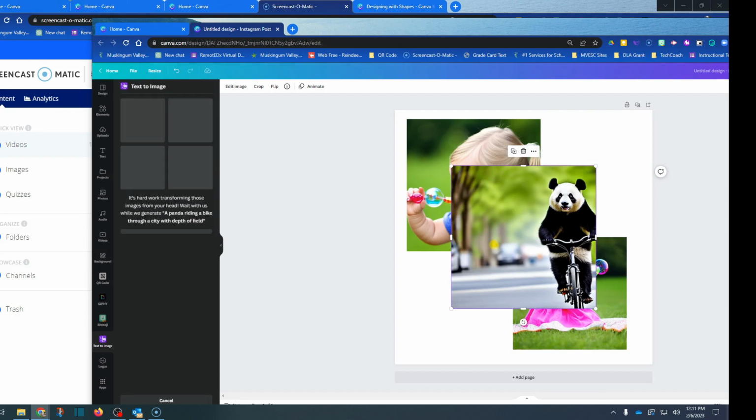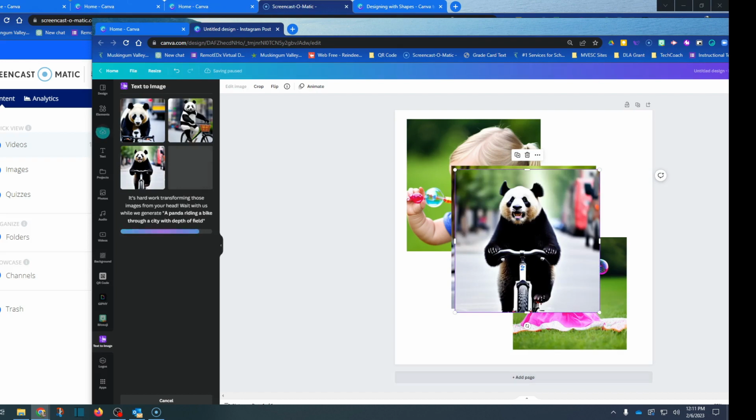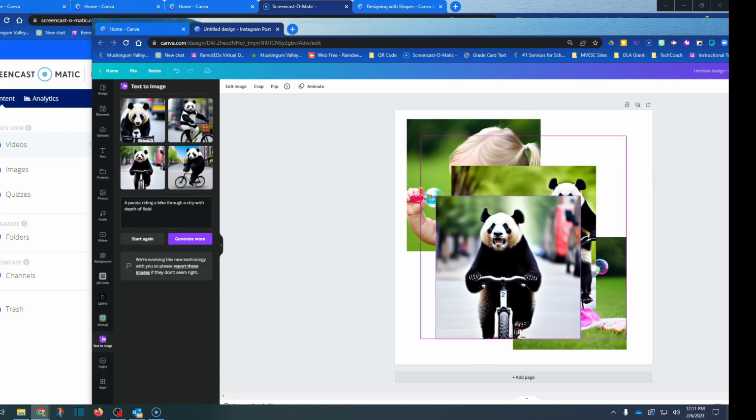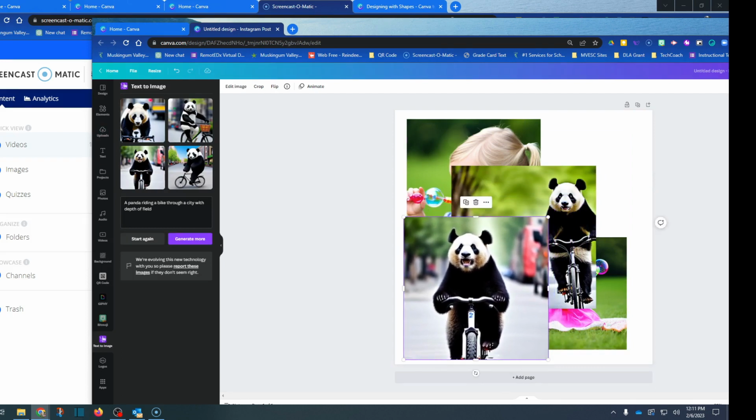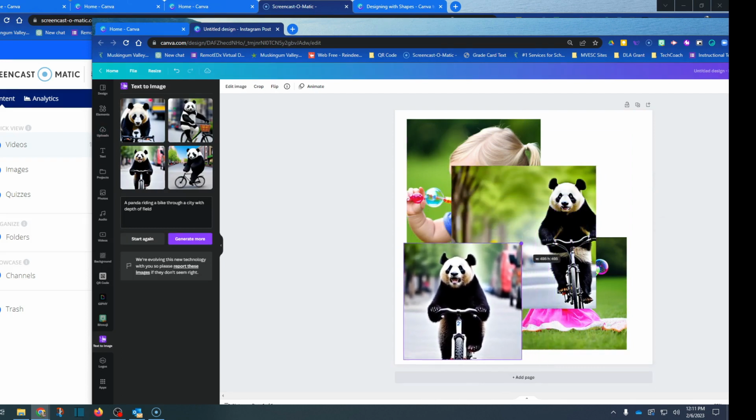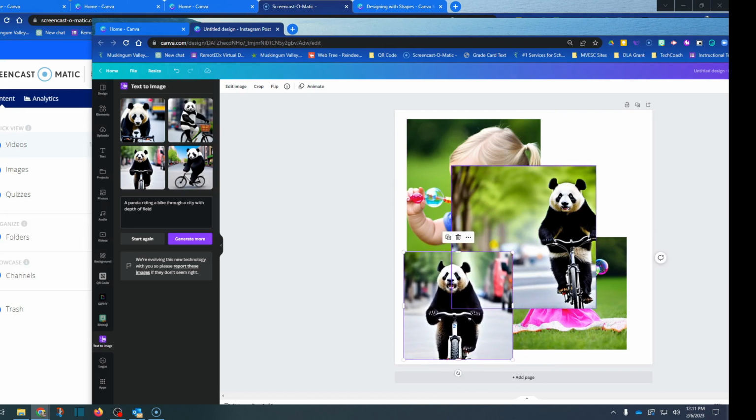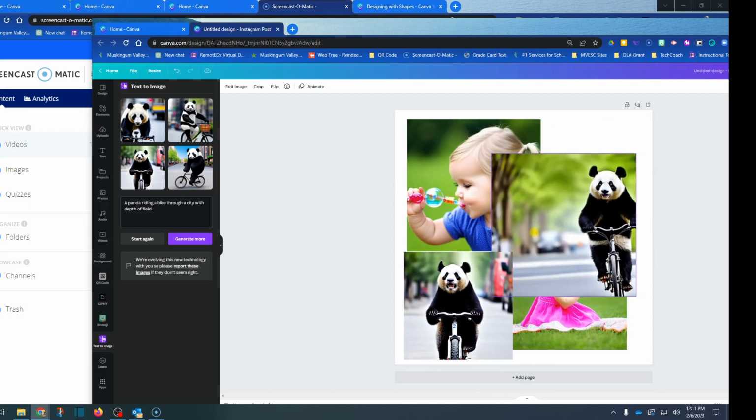When you do these, you can also choose a certain style. So if you wanted it in clip art, or if you wanted it in a drawing, you can choose to make some different options. So I don't know about you, but this is pretty cool. And I got to thinking about how this might work for me as somebody that does a lot of presentations, but it also got me thinking about it in my teacher hat. So how would I use this?